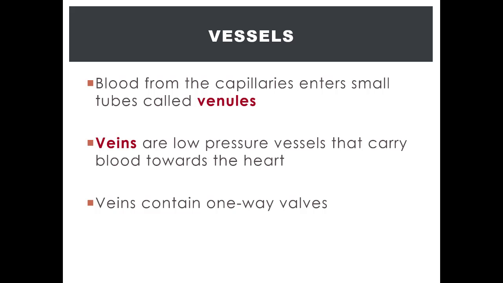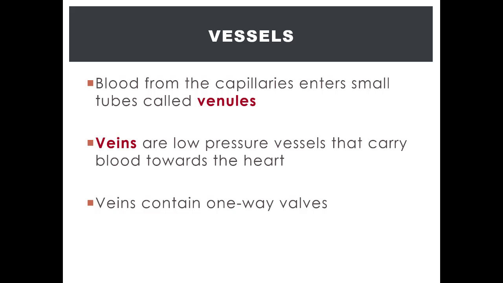Now, after the blood passes through the capillaries and dumps off, say, all the oxygen and picks up all the CO2, it flows out into the venules, which are smaller veins. From the venules, the blood enters the veins, which are low-pressure vessels that carry blood back to the heart. And the reason why veins are low pressure is because they lack smooth muscle to allow for vasoconstriction and dilation, at least intrinsically. This means veins do not have the intrinsic ability, like arteries do, to create high to low pressure gradients to facilitate blood flow back to the heart.